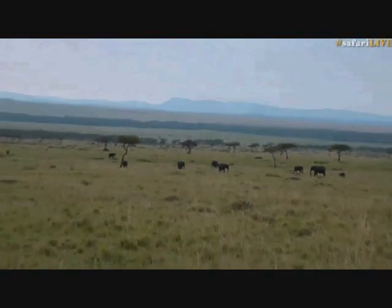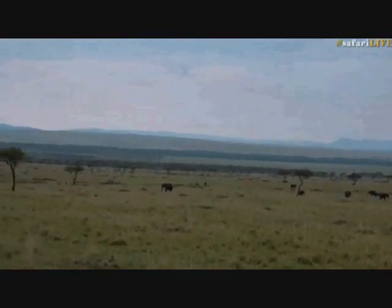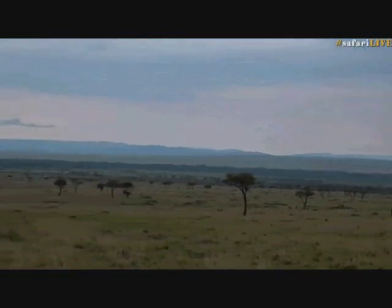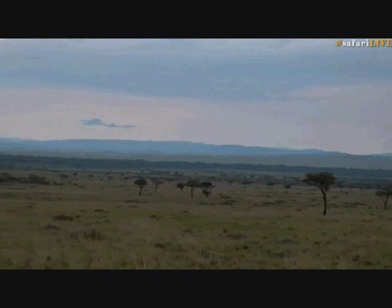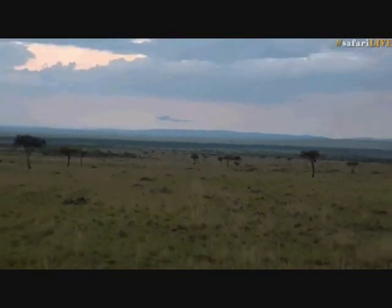They're obviously in heaven. Now, this whole area below us becomes very, very difficult to drive in and almost impassable. And I will see if we can find some lions, the Angama pride, that do like to hang out in this area. But if they are in one of these really wet and muddy patches,